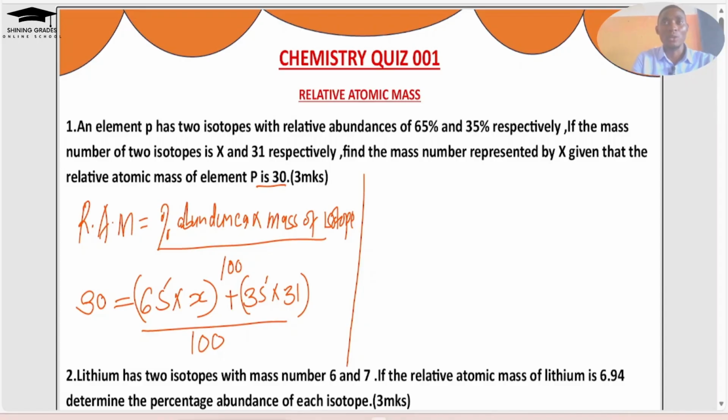So when I work out this question, I have 30 is equals to 65x plus, we have 35 times 31, which is equals to 1085,